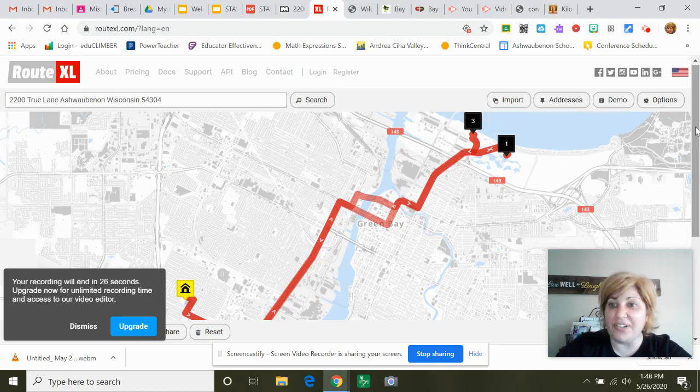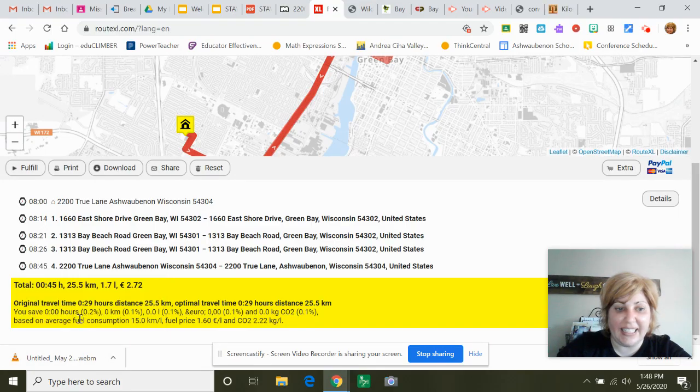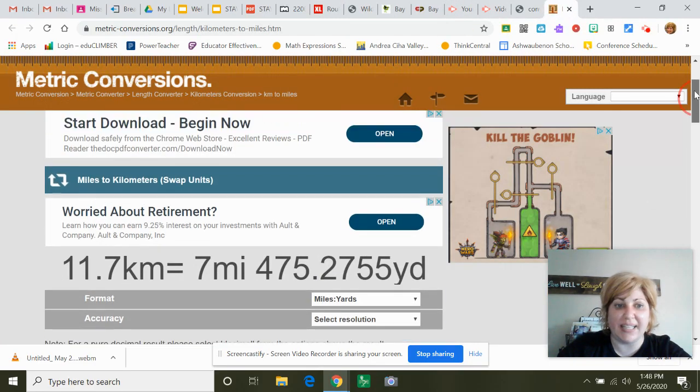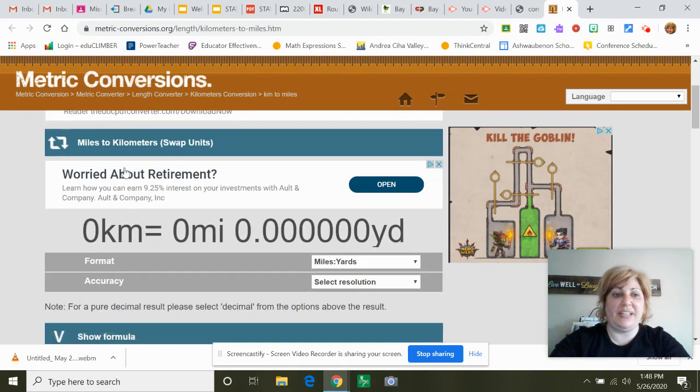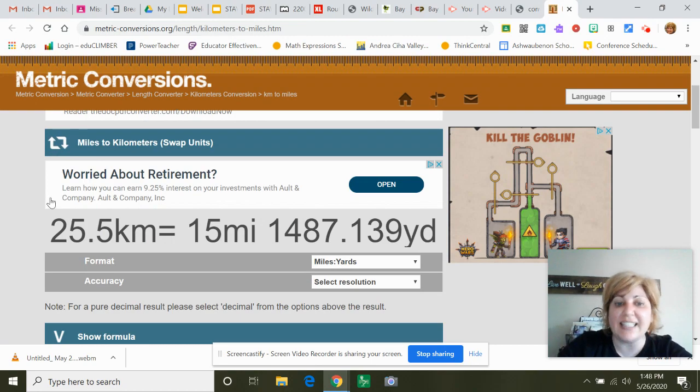So now I can scroll all the way to the bottom, and down here again, it's going to tell me that this is going to take me about a half an hour, and it's 25.5 kilometers. So I can come back to this website. I'm going to erase this one right before our time runs out. I'm going to put 25.5, and that's going to tell me that's about 15 miles. So then I would be able to figure out